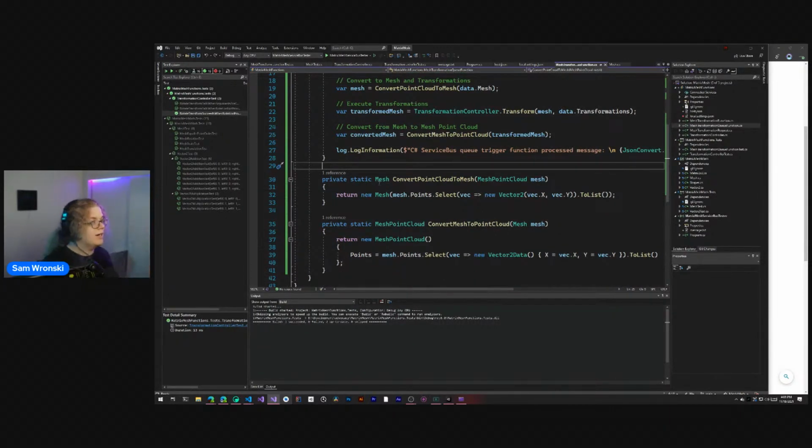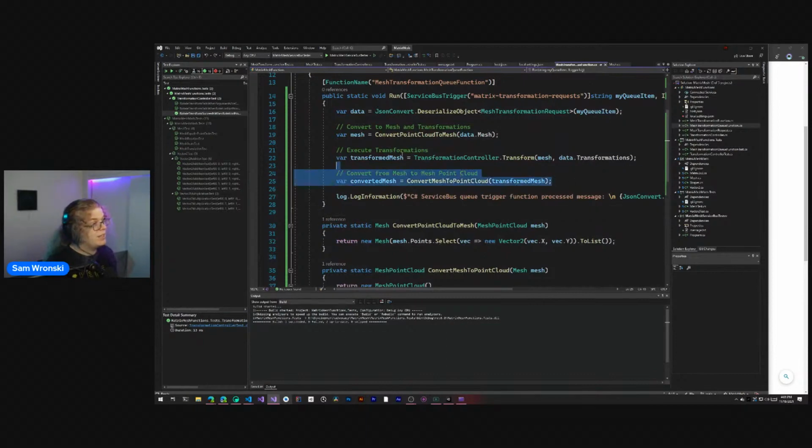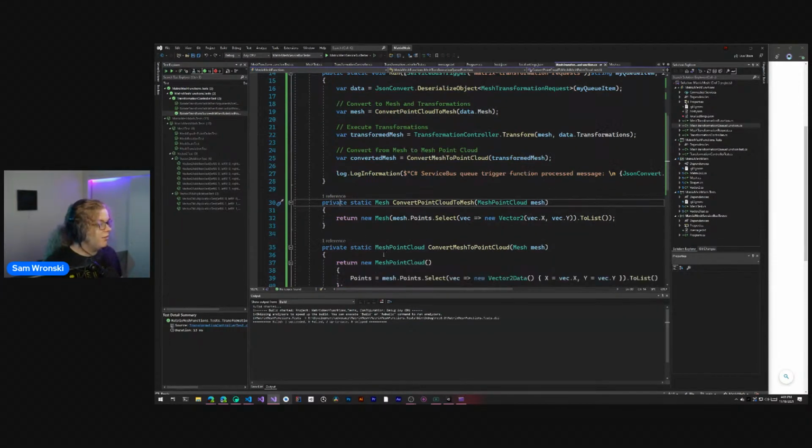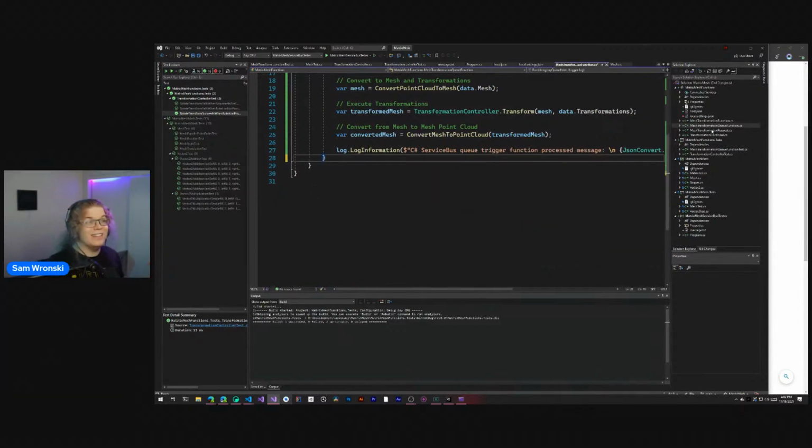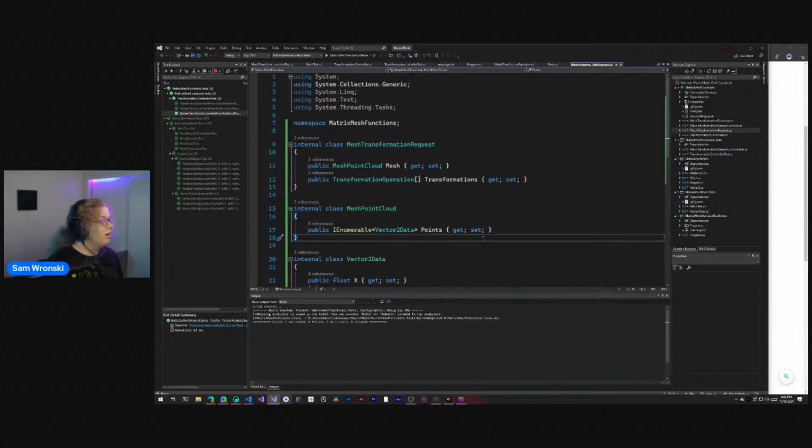So maybe what we want is something inside of this to actually handle these. It may be fine for these to be more public because actually translating these would make sense. It also means we've duplicated this function. We can actually abstract that out and remove it from all of this. So maybe that's actually a fine thing to do. Let's grab both of those and delete them and move that into our requests